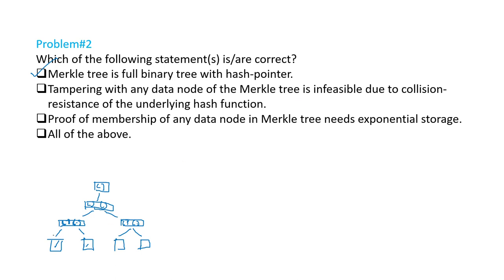Because of the collision resistance, as you rightly said, let's say you corrupt this data node. Now this hash value will change because the content of this node has changed, and because this value has changed, the hash of this whole block will change. So this particular content will change, and the content of this whole block also changes, and the corresponding hash value at the root node also changes. So in order to reflect the change at any single node, you have to finally change the hash pointer value at the root node.